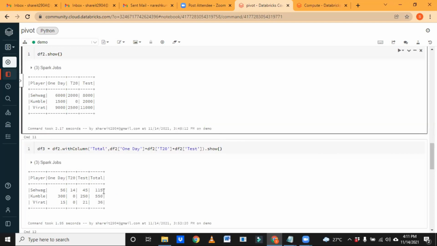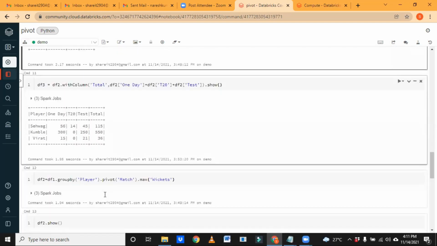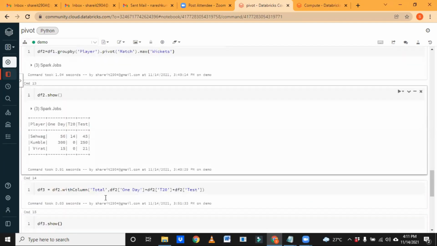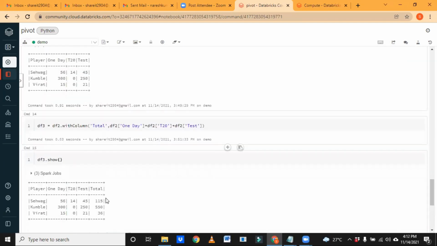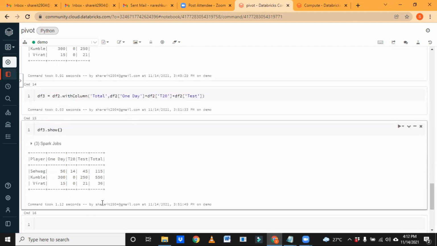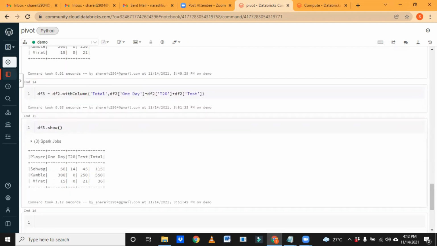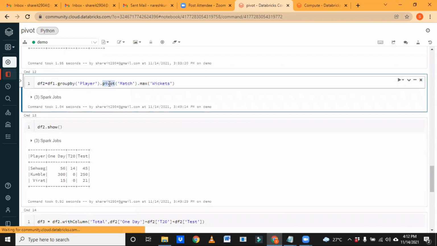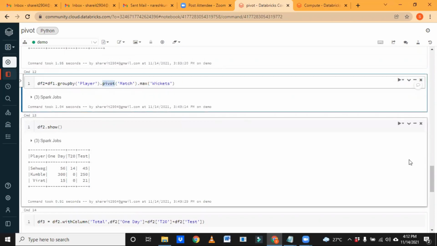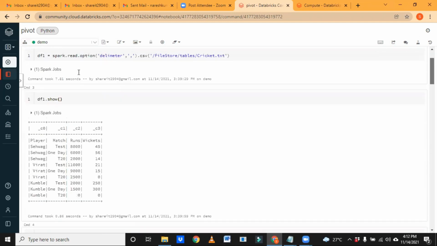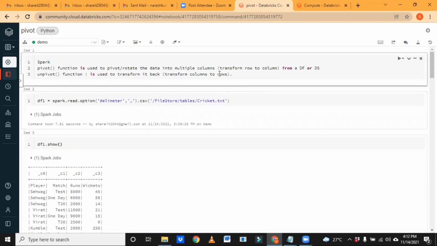So for each player we are supposed to get this type of statistics, and we may also target wickets. I'm just giving you an overview example of how to use the pivot function in Spark. We can explore it further by taking appropriate data.